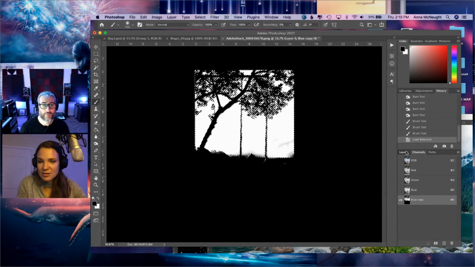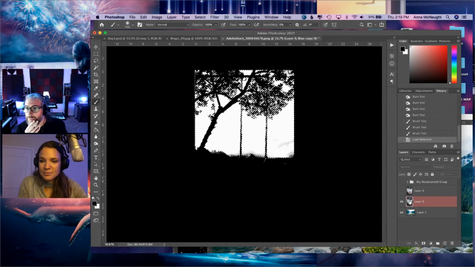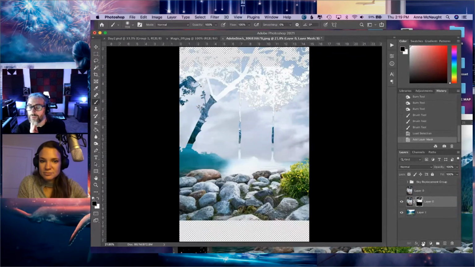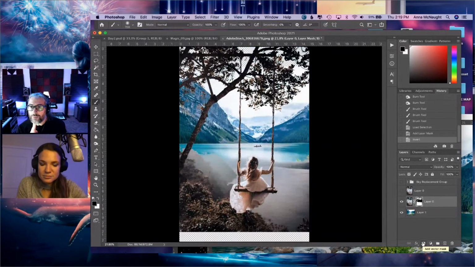Command click, go to your layer, and whoops. Oh, I forgot, I didn't even need the bottom part. Totally forgot that I was just getting her. So we're just going to quickly get that out of there.